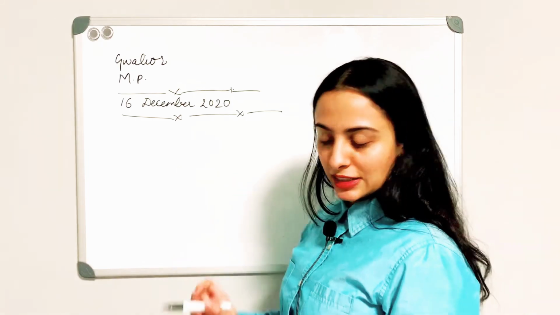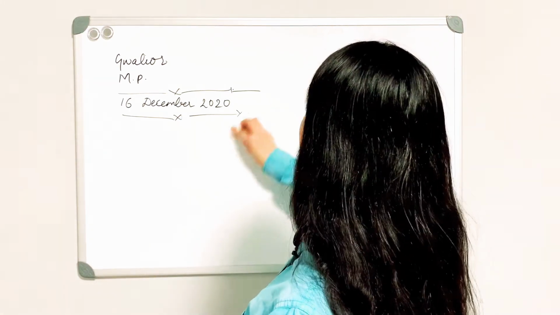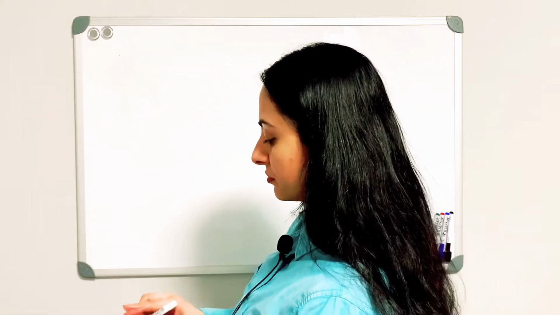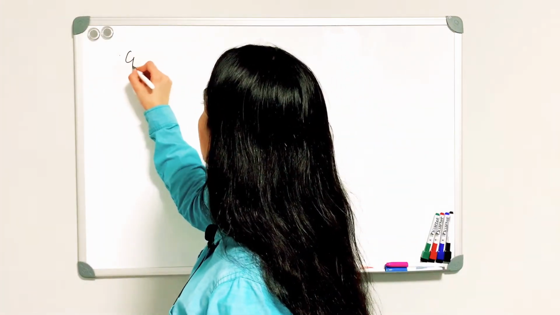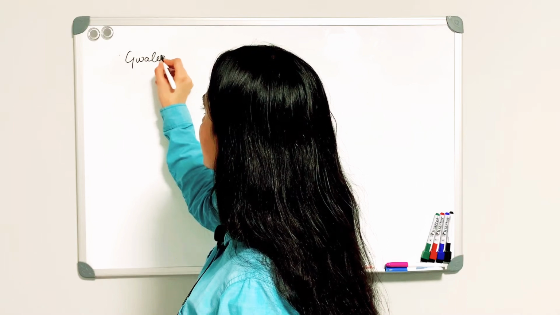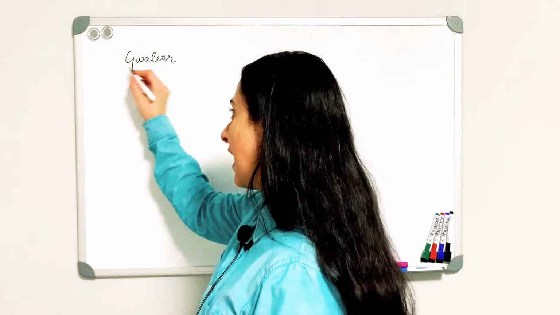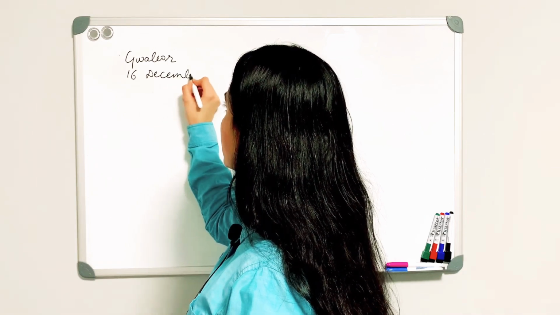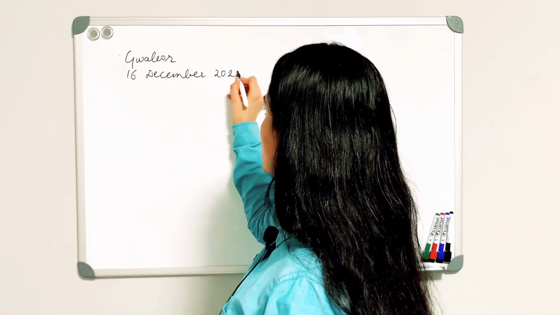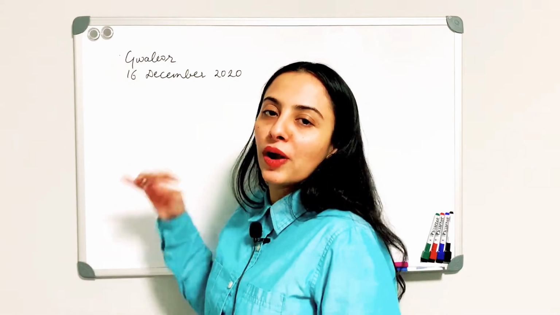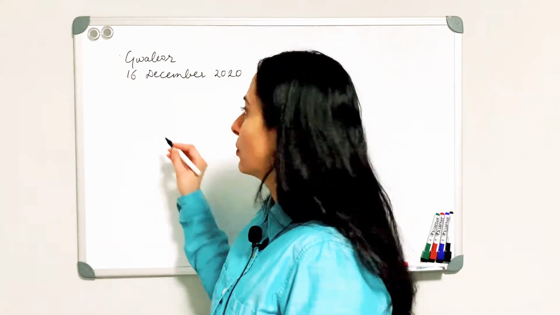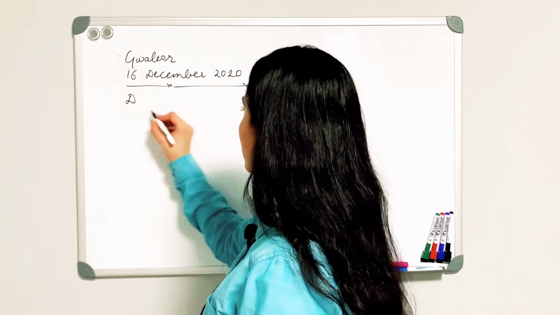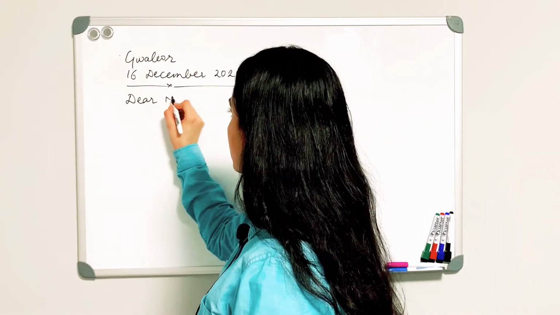Either you can write it this way, or you can also choose to write it like Gwalior, your city name, and then the date, 16 December 2020. And then whoever you're writing to, whoever your beloved one is, just leave one space and then write Dear Manjot,